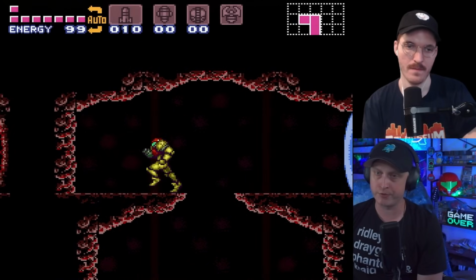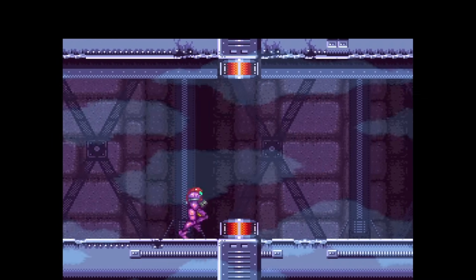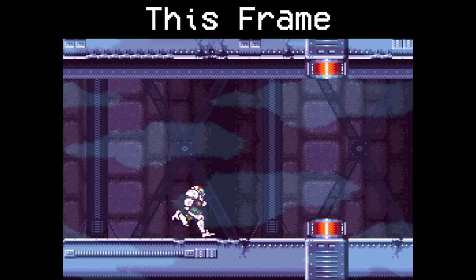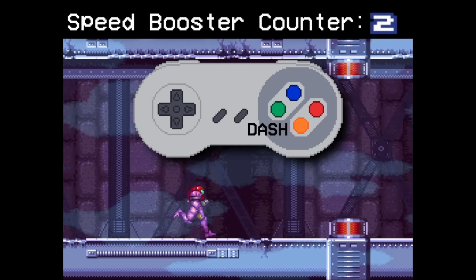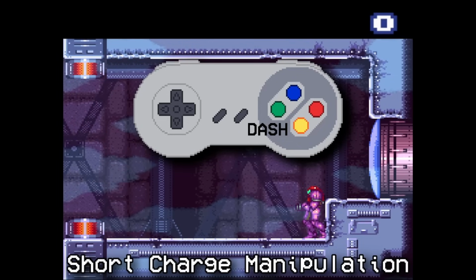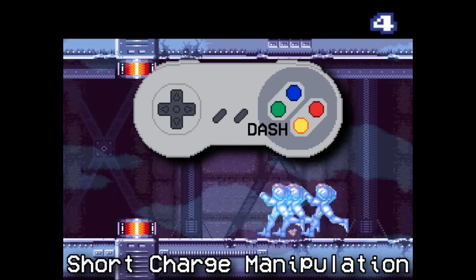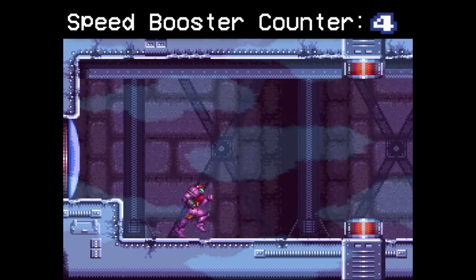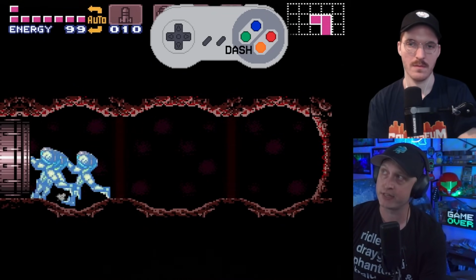So I'm doing what's referred to as a short charge here. The way that Samus charges up Speed Booster, the game checks a specific frame of her running animation, and if you're holding dash on that frame, then it ticks up a counter, and when that counter reaches 4, it gives you Speed Booster. You can kind of like manipulate the way that you're pressing dash to activate Speed Booster in a shorter distance. I'm doing that here so that I will have Speed Booster entering this next room,